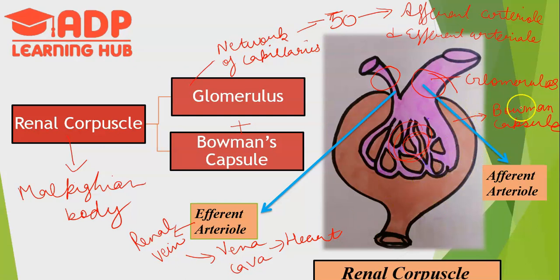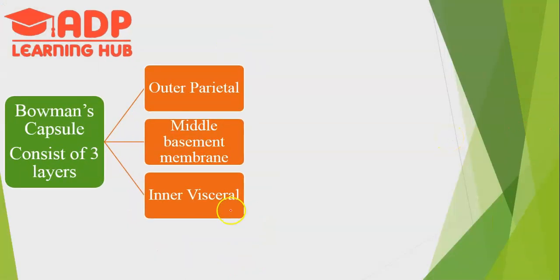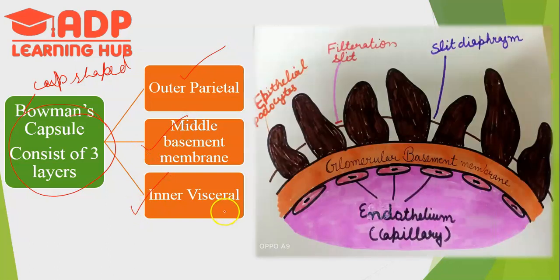Now we know that the Bowman capsule encloses the glomerulus. So the Bowman capsule is a cup-shaped structure which encloses the glomerulus in it, and this Bowman capsule consists of three layers: outer parietal layer, middle basement layer, and inner visceral layer. So this is the structure of the Bowman capsule, where the outer parietal layer consists of